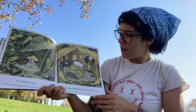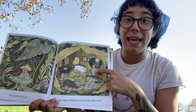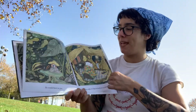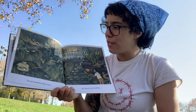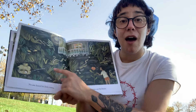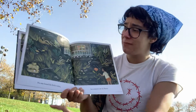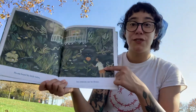One night, feeling tired and sad, the little gardener made a wish. What do you think he wished for? We're going to find out on the next page. He wished, I wish I had a bit of help. No one heard his little voice. He was so small. But someone saw